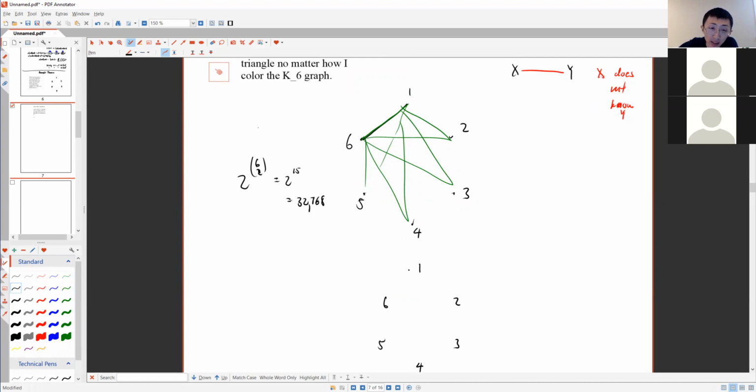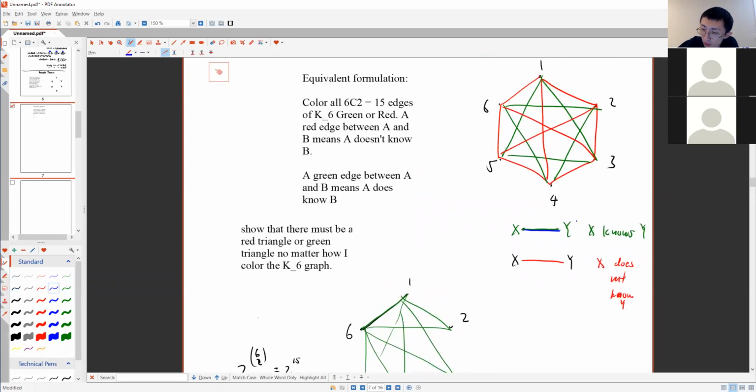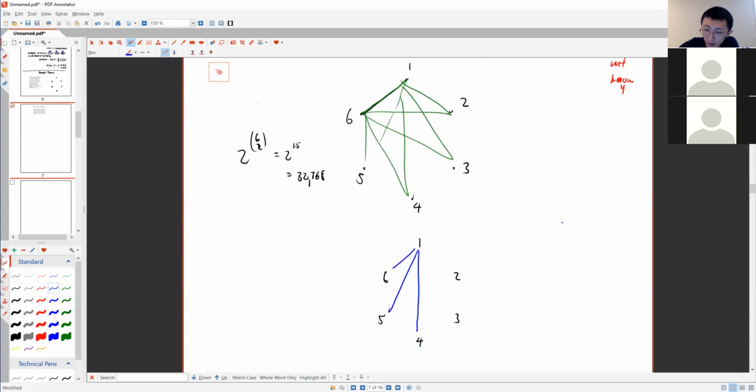let's say I look at the neighbors of person one, right? Then by pigeonhole, there are 3 edges of one color coming out of person one. So without loss of generality, I'll just say blue. We'll say the color means X knows Y, okay? So at least 3 edges of one color come out of person one